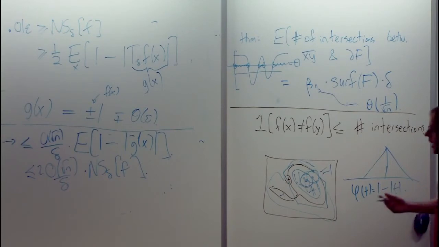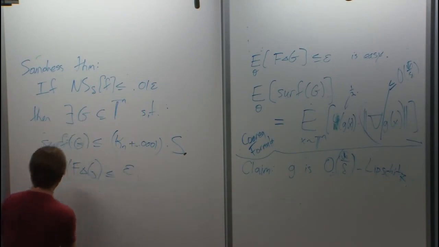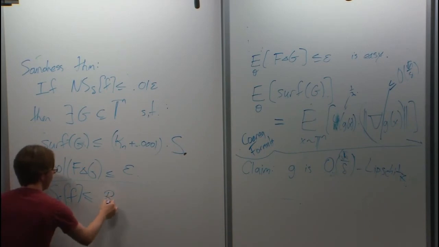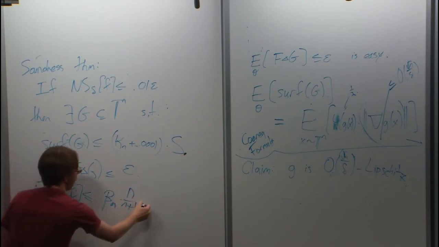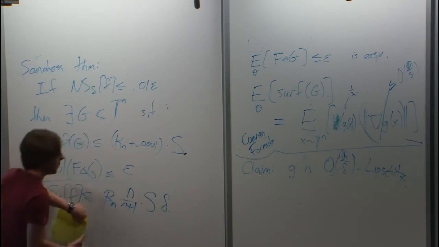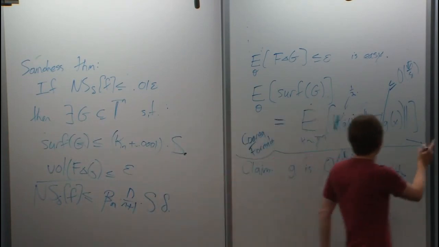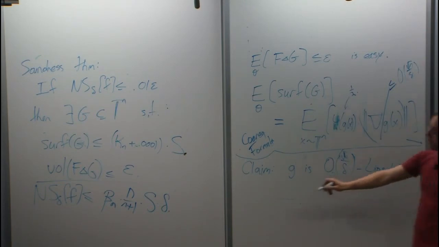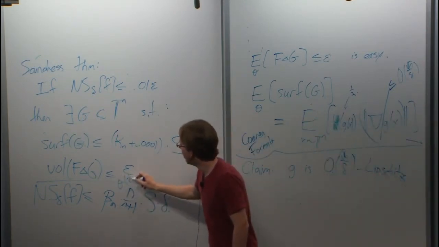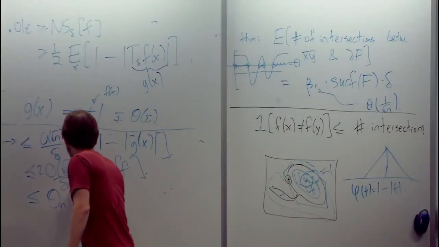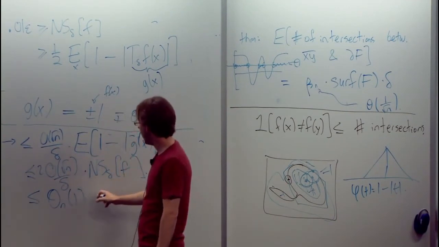If you remember the algorithm, we're basically done now. The thing that our tester actually tested is whether or not the noise sensitivity at delta of f is at most beta n times n over n plus 1 times the target s times delta. So if the tester passes, the noise sensitivity is bounded by this. The deltas cancel. The n over n plus 1 is basically a constant. And I told you this is theta of 1 over root n. So the root n's cancel, and eventually you get some dimension-dependent constant, but it's actually constant for all n, times